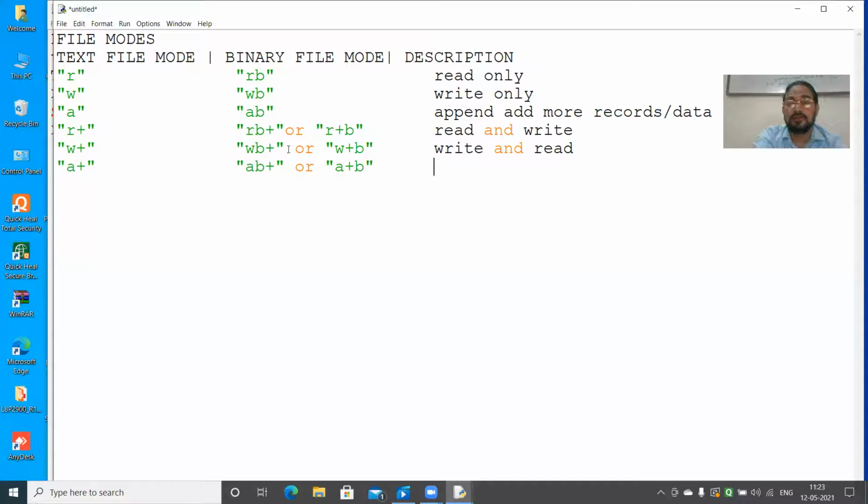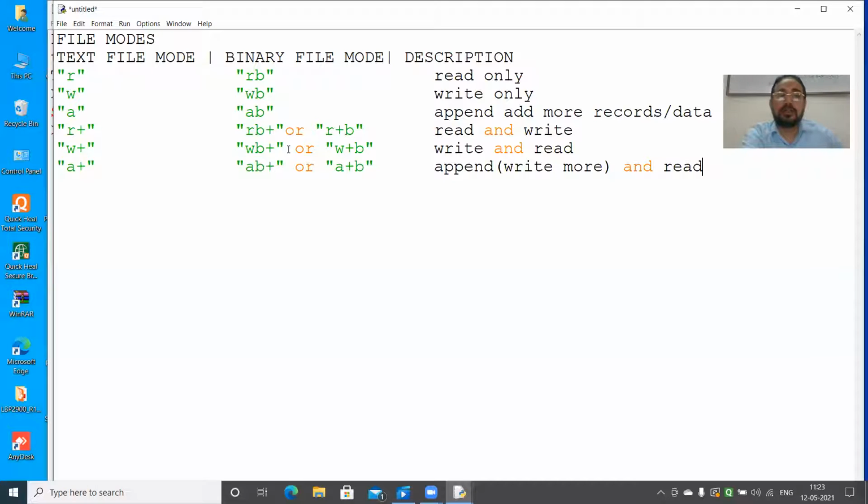That means write and read, of course append, or you can say write more. Okay, ठीक है, is the point clear to you?